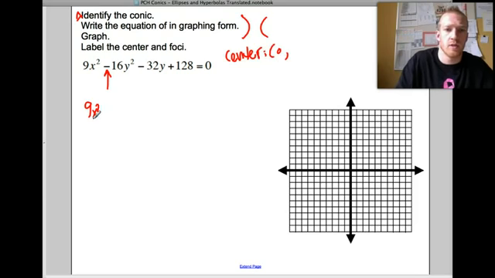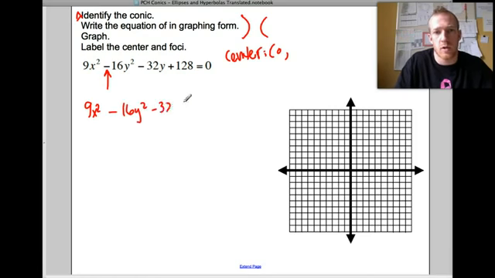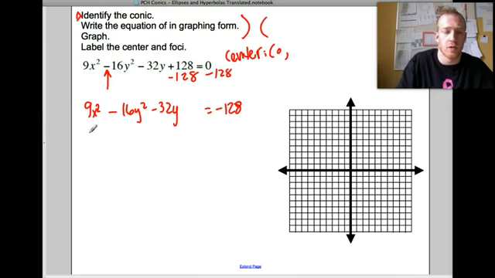We know that already because there's no x minus anything else. And then minus 16y squared minus 32y. Move that 128. And it's okay that that's negative now. You can't end up with a negative there, but it's okay that it's negative now because we're going to complete that square. So we got 9x squared minus, now we factor out this 16, and that leaves us with a